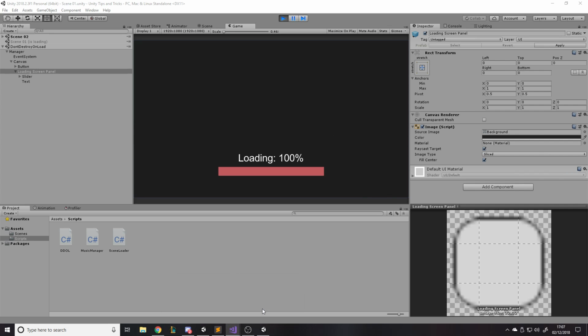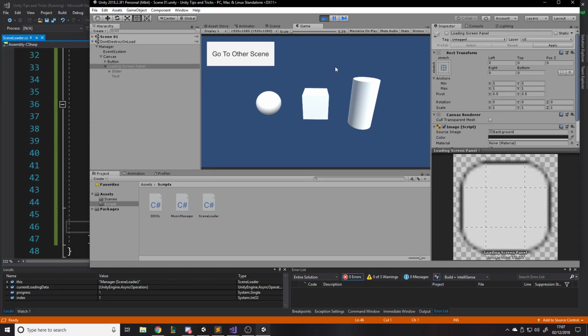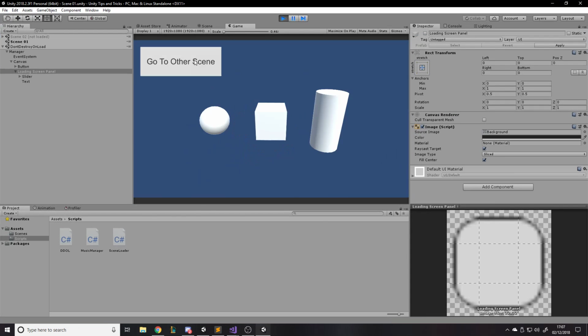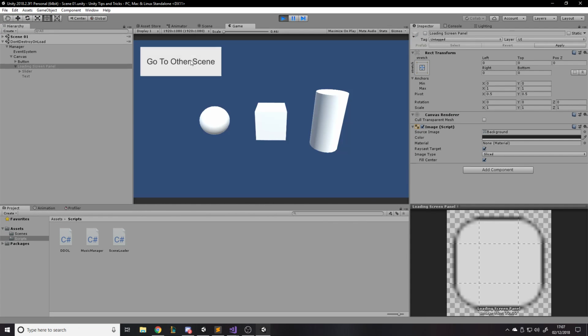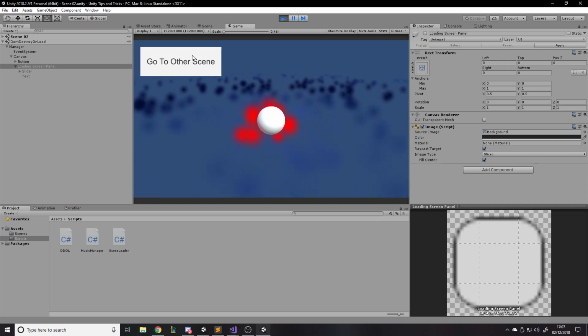Let's just turn off the debugger now. We can go between scenes. We've got a loading bar. You can kind of see it go between 0 and 100 if you look very quickly. But the point is, in bigger games, you'll actually see it, and when you want the player to not be staring at a blank screen, you might want them to see the progress so they at least know your game's loading, for example. It's a good thing, and lots of people want loading screens,